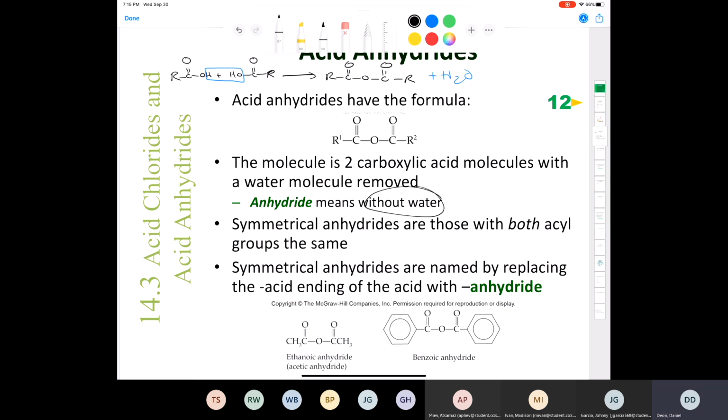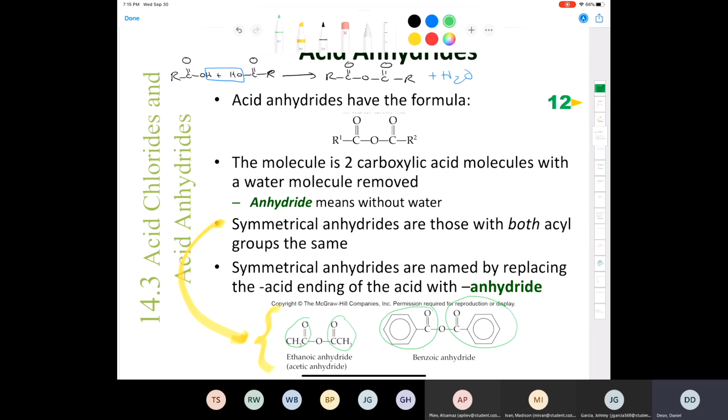All right, so an acid anhydride is two carboxylic acid molecules with a water molecule removed in the process. Symmetrical anhydrides are ones where the acyl groups are both the same. These are both symmetrical, because the two acyl portions are identical. This is an acyl portion. This is an acyl portion. And when we name those, we just name the carboxylic acid and we slap the word anhydride